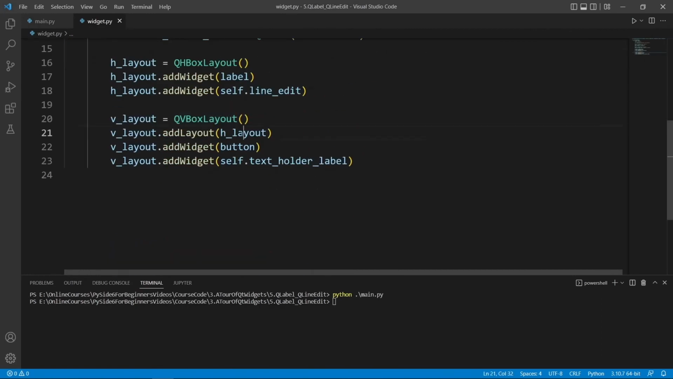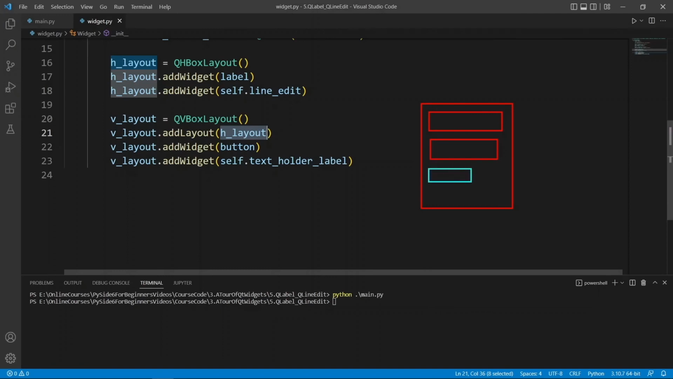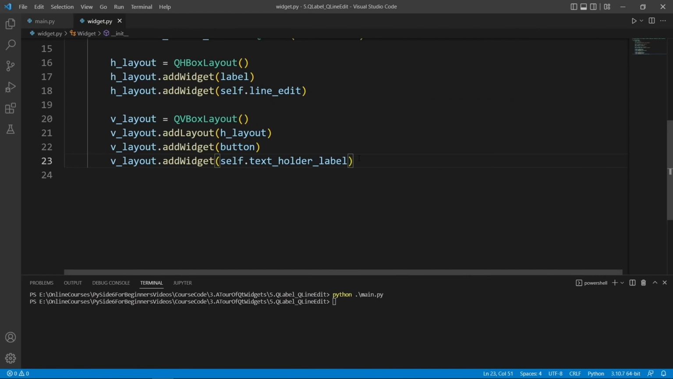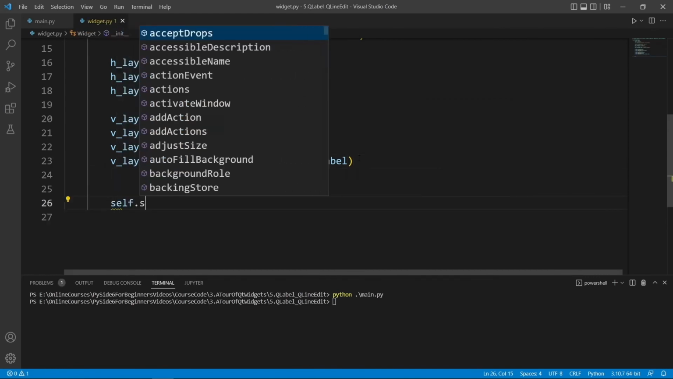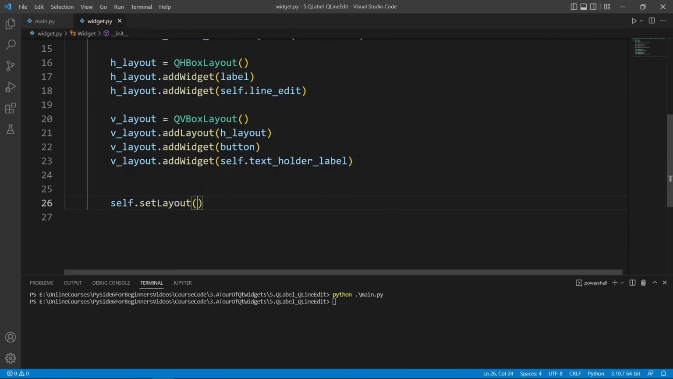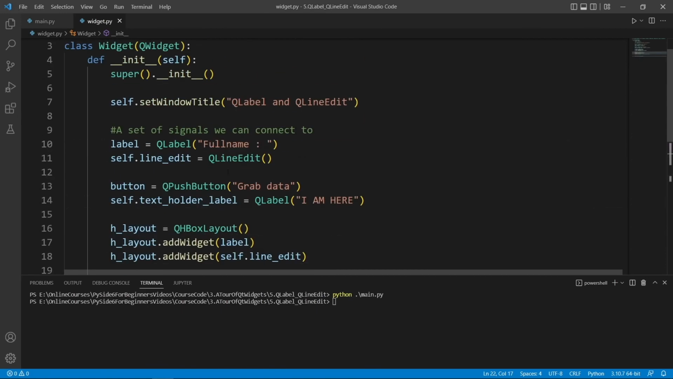So we add our horizontal layout to make it show up first in our vertical layout. So if this is our vertical layout, the first thing is going to be the horizontal layout. The second thing is going to be the button. And the last thing is going to be the text holder label here. Once we have the vertical layout, we can apply it to our widget. And to do that, you say self.setLayout, and we will be using v_layout here. Once we do this, we should have our user interface, and the next thing will be to play with our